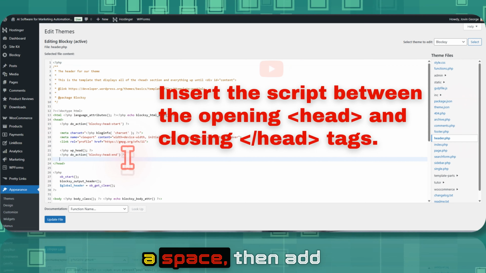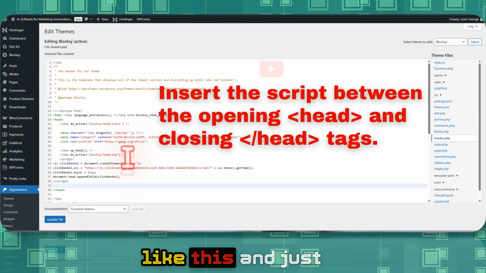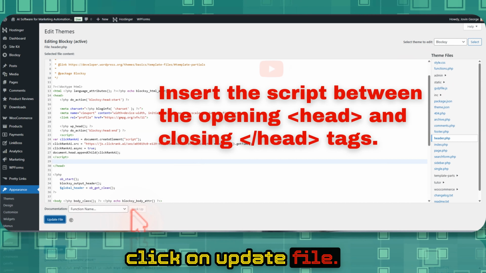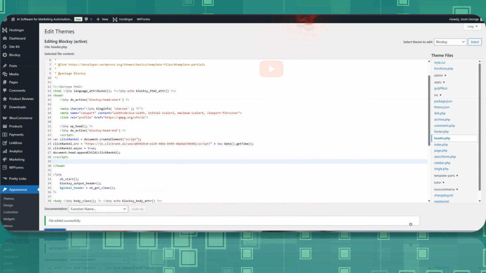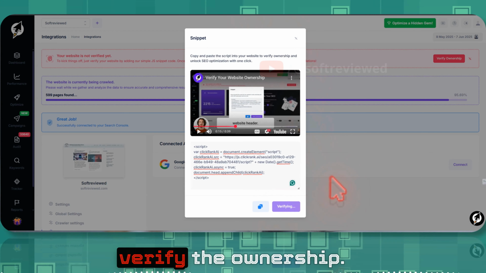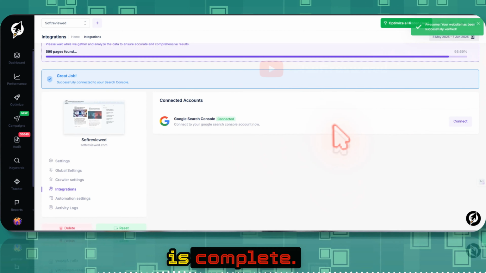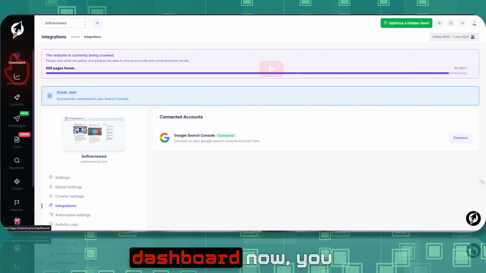Just give it a space, then paste this code like this, and click on update file. Once it's saved, you can click on verify the ownership, and as you can see, now our verification is complete. And if we look at the dashboard now,